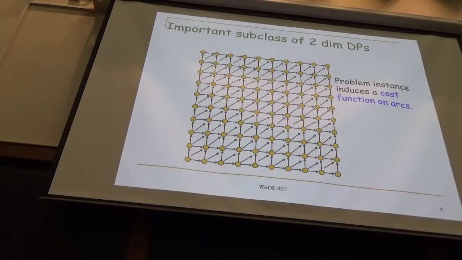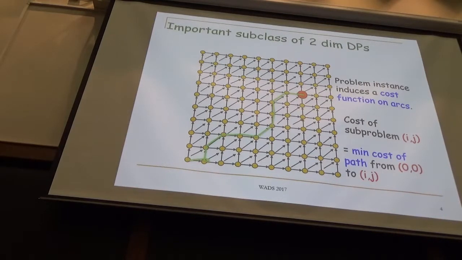So here's an important subclass among these two-dimensional dynamic programs. So the problem instance, whatever it is, induces a cost function on the arcs. So each arc of the graph has a weight or a cost. And the cost of subproblem ij is just the